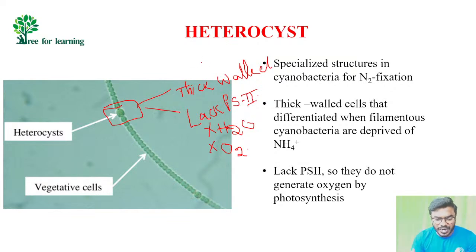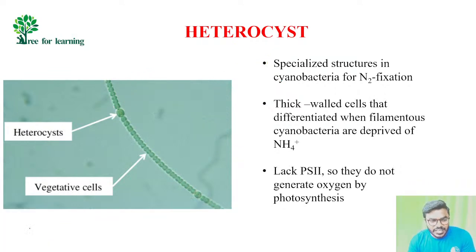Suppose, for example, every student understand my words, oxygen is released. Imagine oxygen is released. But do you think oxygen can diffuse into this heterocyst? No, it is not at all possible. Why? Because this heterocyst is extremely thick-walled. Understand my words. Since it is very thick-walled, it never allows the diffusion of oxygen. The advantage is that first it never allows oxygen to be released. Even if there is a release of oxygen, because of its thick wall, it never allows the oxygen inside.